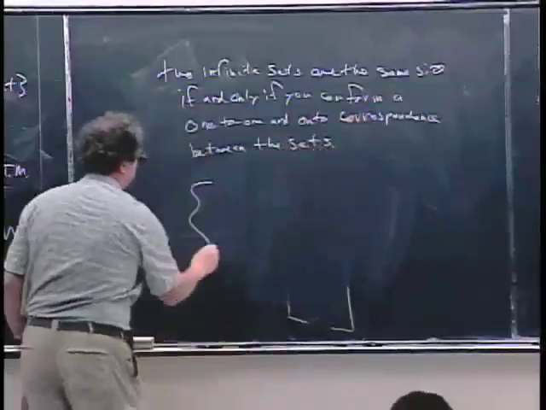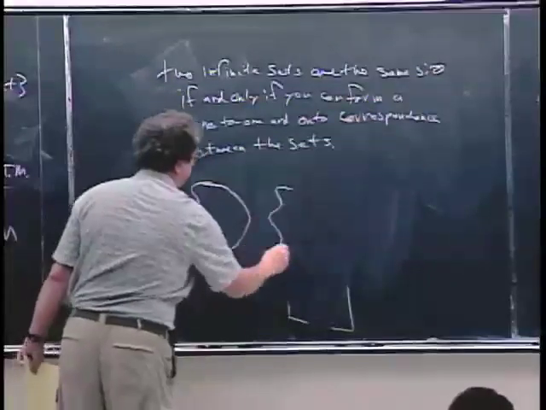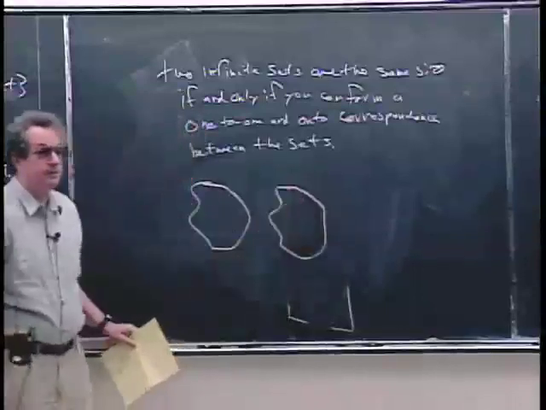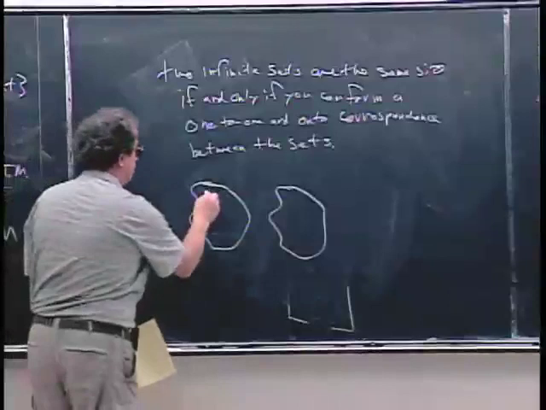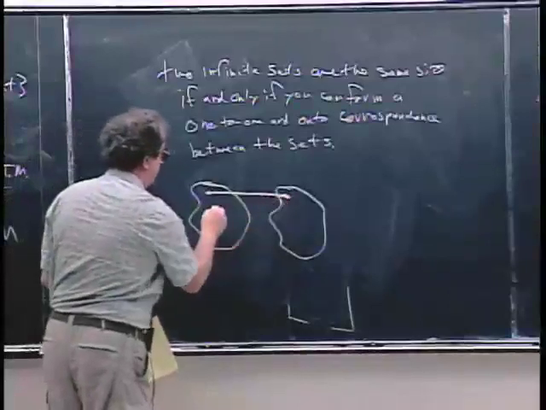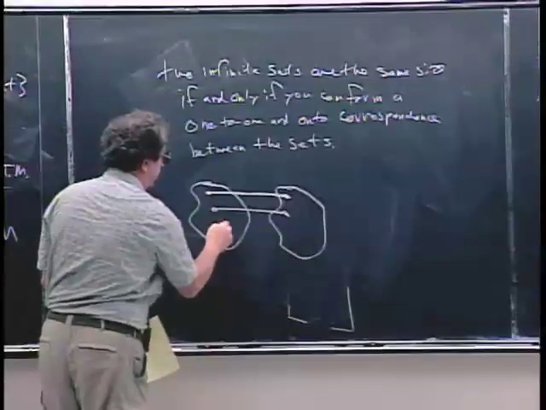So you have one set which happens to be infinite size and another set which happens to be infinite size, and you can describe a way of finding a pairing between elements